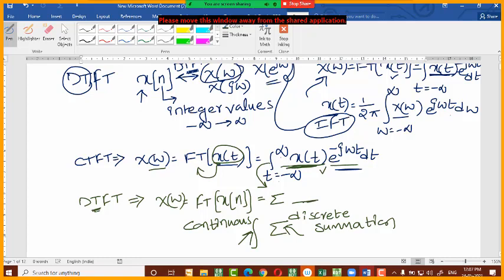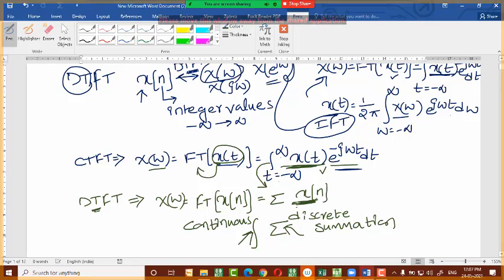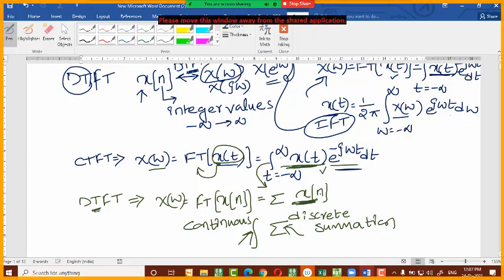And already I said that this is the place for the signal for which you are calculating the DTFT. So for which signal you are calculating the DTFT? X of n. Next, now you see here x of t is there, so t values are changing from minus infinity to plus infinity. Here x of n is there, so n values are changing from minus infinity to plus infinity. Next, e power minus j omega.